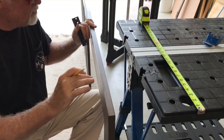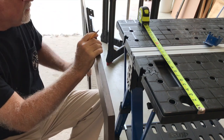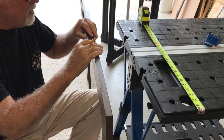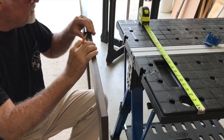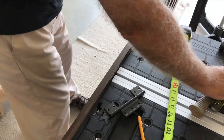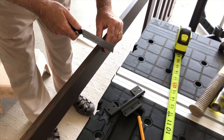Okay, I got the screen door turned on edge, and I have my hinges, so I'm gonna mount those 15 inches from the top. And so I'm going to place these on here and mark them. So the first thing I'm going to do is do a little line right